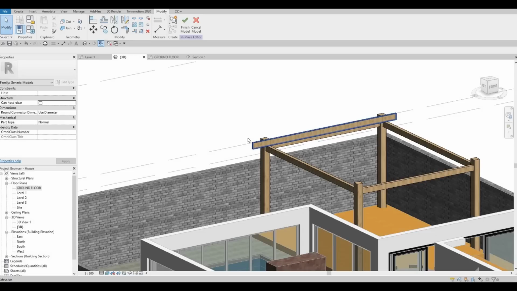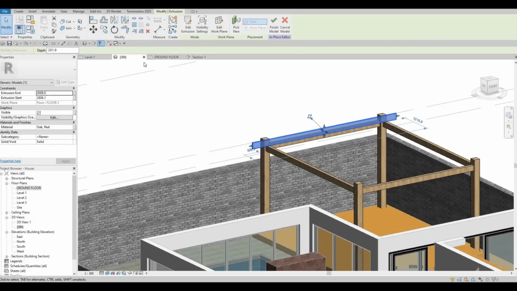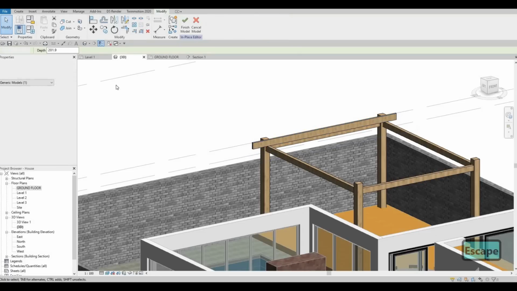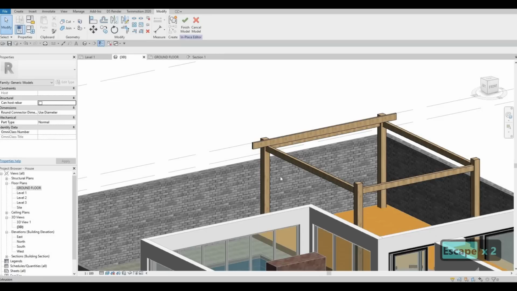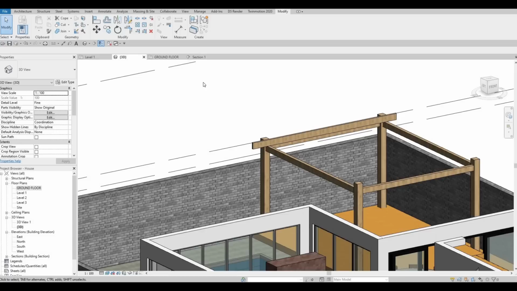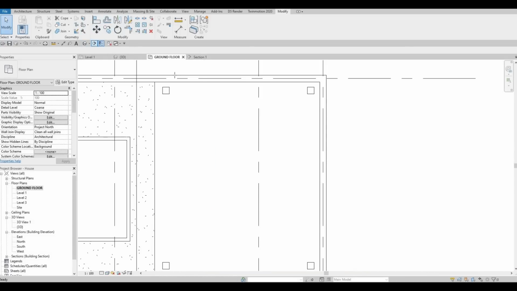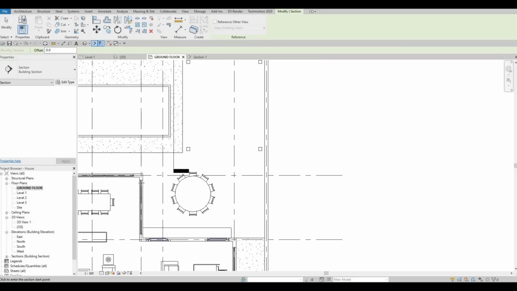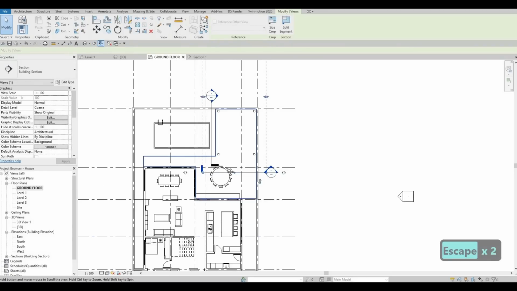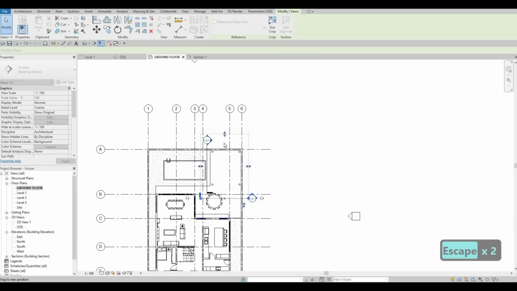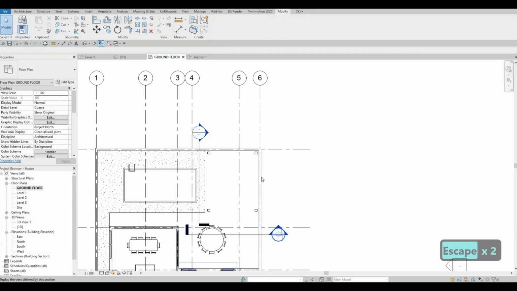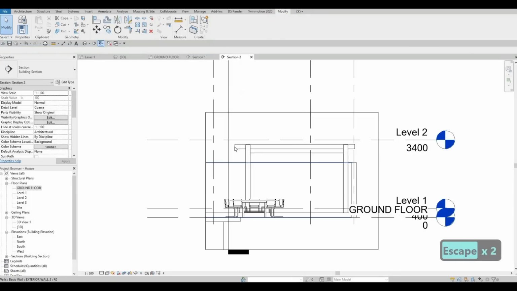So now we're going to just design this one. Before we do anything else, I'm planning on adding another section on this side. So I'm gonna click on finish, and then go to ground, click on right here, section, and then let's add it right here. Flip it so that we can see it, and then just do it like that. So I'm gonna double click here, so this will be our section 2,